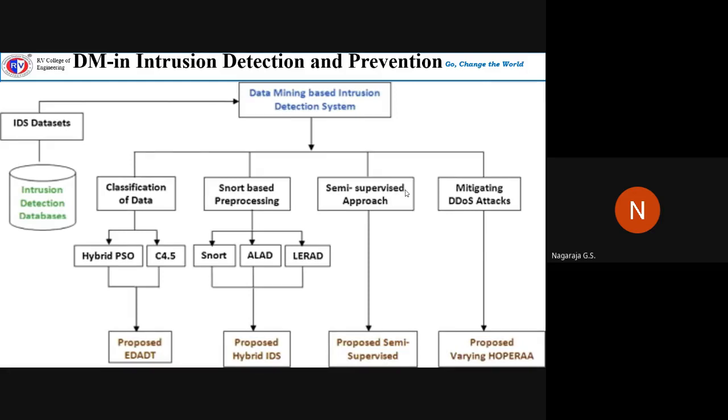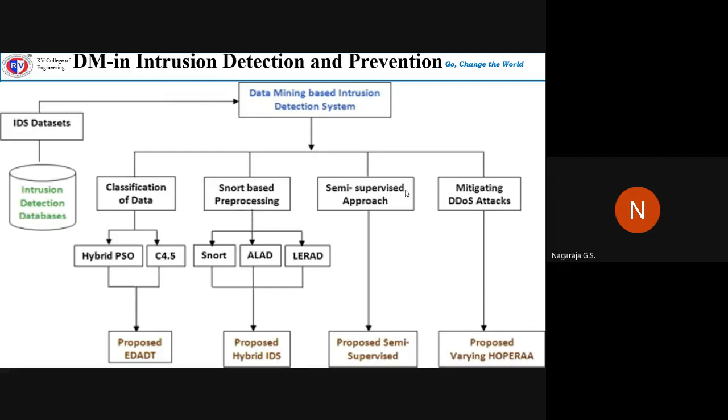Yeah, then ultimately, if you want to use data mining with respect to intrusion detection and prevention system, the whole architecture looks like this. You can observe it on the left hand side. You have the intrusion detection databases, which are directly connected to your intrusion detection data sets. Your data mining based intrusion detection system acts upon it, by using various attacks. Basically, you could achieve this with the help of classification of data, Snort based, that's a signature based pre-processing, or semi-supervised approach,